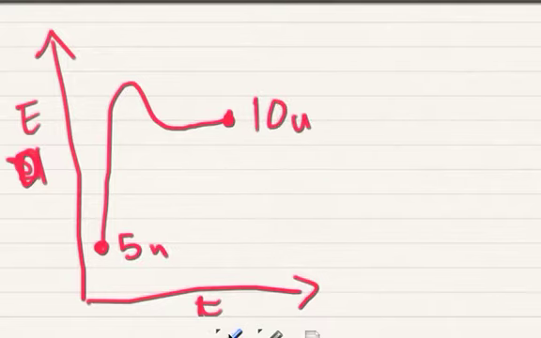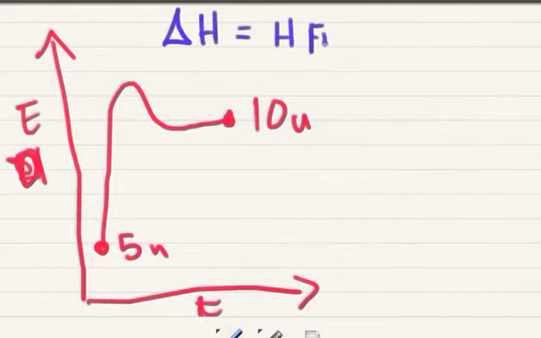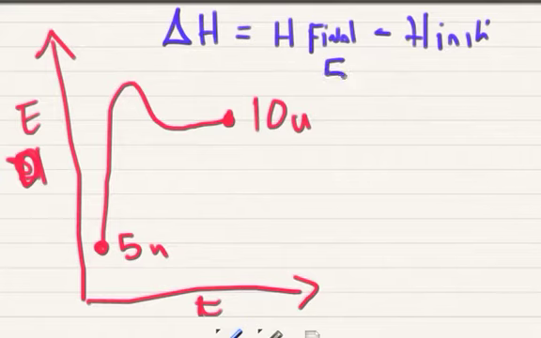Let's write our formula up here: my change in enthalpy equals H final subtract H initial. So what's my final? My final is 10 and my initial is 5. What's